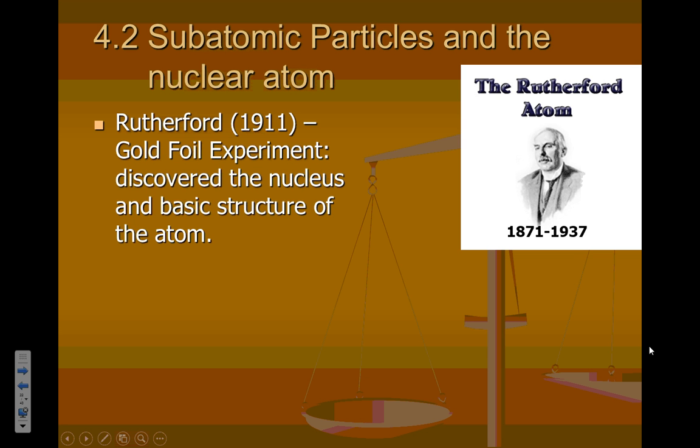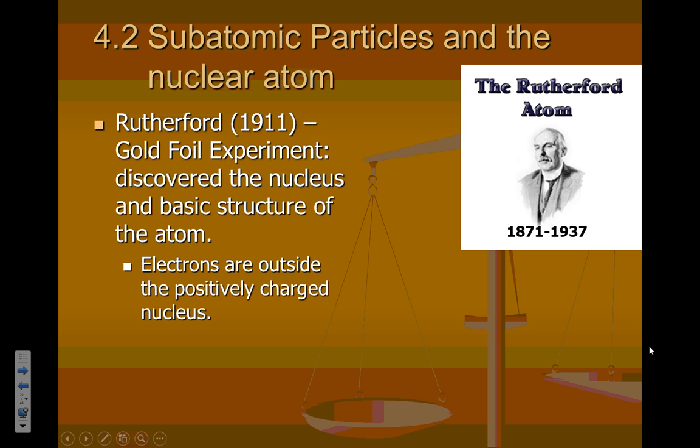And with phosphorescent sheets, same thing that we used in the Crookes tube or the cathode ray tube experiments, he could then see what was coming out the far side of that thin piece of gold foil. And what he discovered was electrons are outside of some positively charged nucleus. The nucleus was a very massive but very, very small chunk